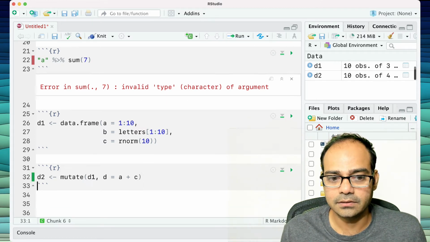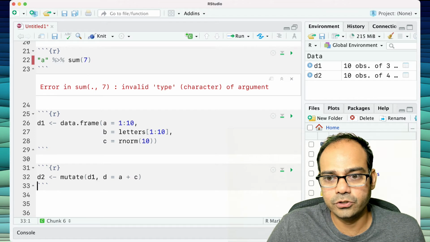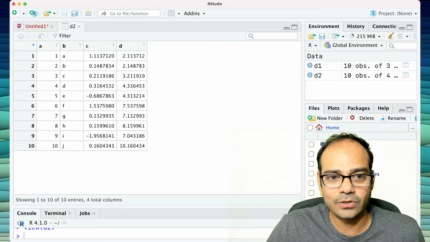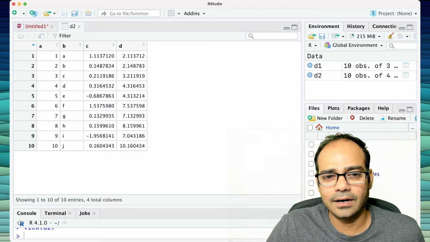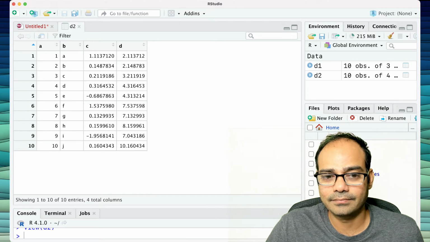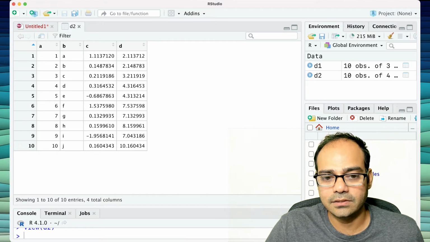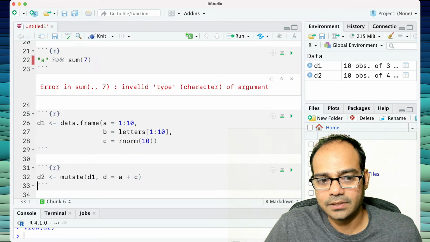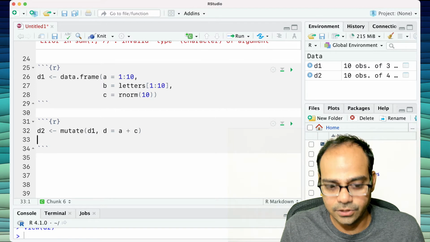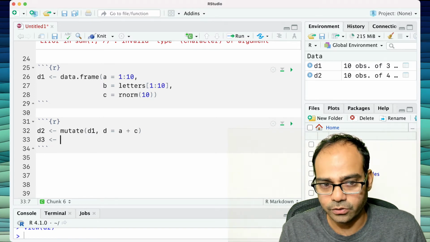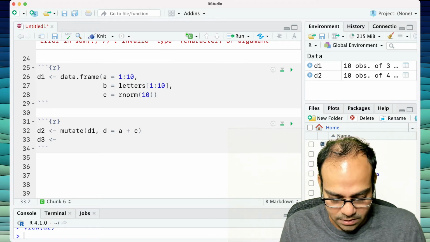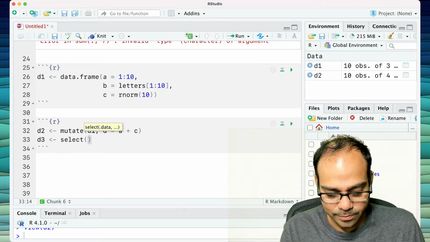So let's run this, and if you are curious to know, we can click on d2 and take a look at that, and this is what I will get. And so as clearly you can see that variable d here is the sum of a and c. Okay, so once this is done, we move on to the next step. Now we want to create a new data frame again, because I personally don't like to overwrite the existing data frame. So I'm going to now select from d2,